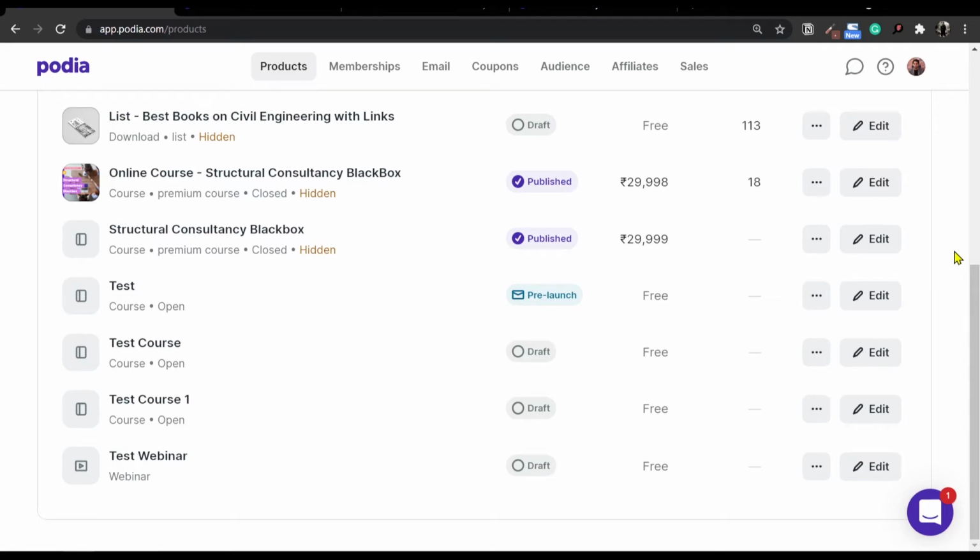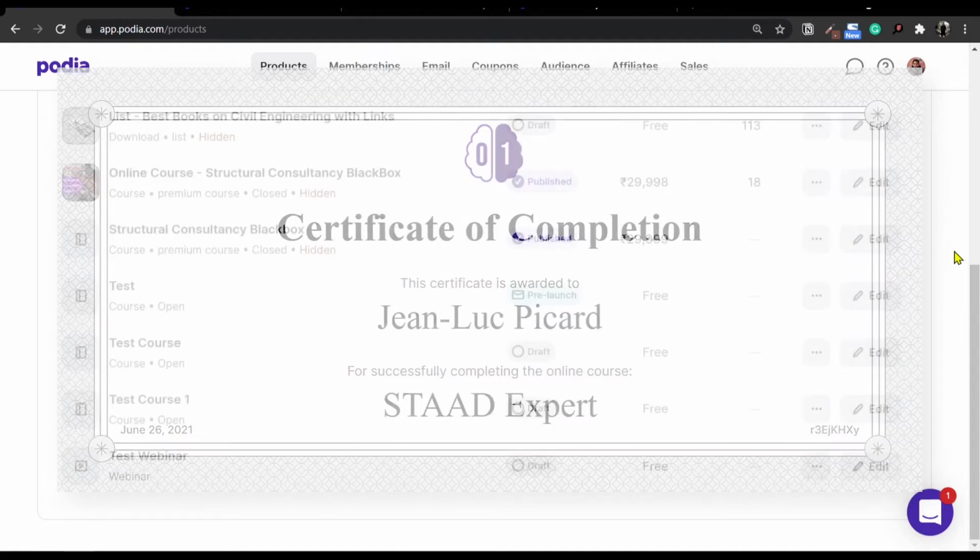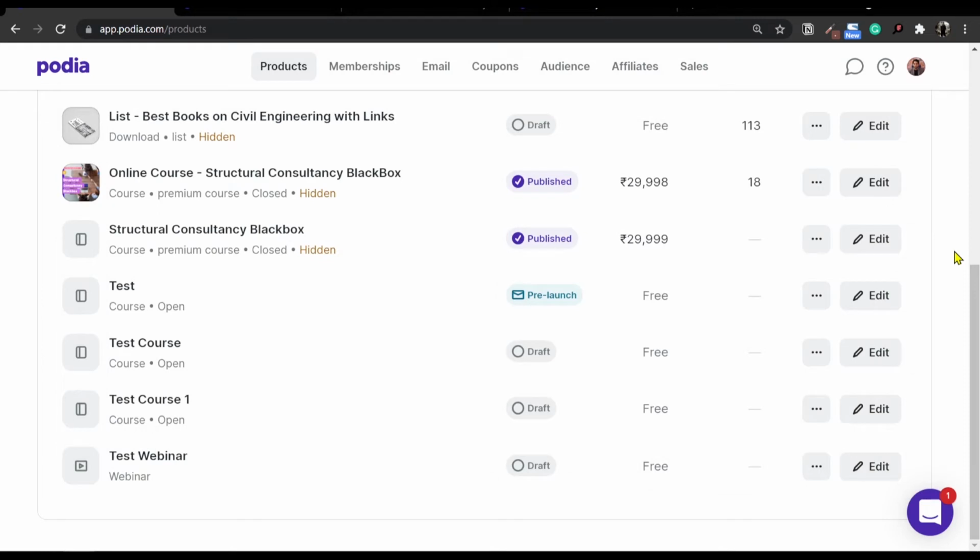This video is a little bit out of turn because Podia has just launched a new update. So now you can create a certificate right inside Podia, which you can issue to anyone who completes your online course. Now this feature was not directly present, but you could do a few tips and tricks to provide a certificate using Zapier links and other modes like that. However, Podia has gone ahead and created an option for issuing certificates right inside Podia itself. Now the options for certificate is a bit limited right now, but this is a great new feature to have. So let's see how it can be done inside Podia.